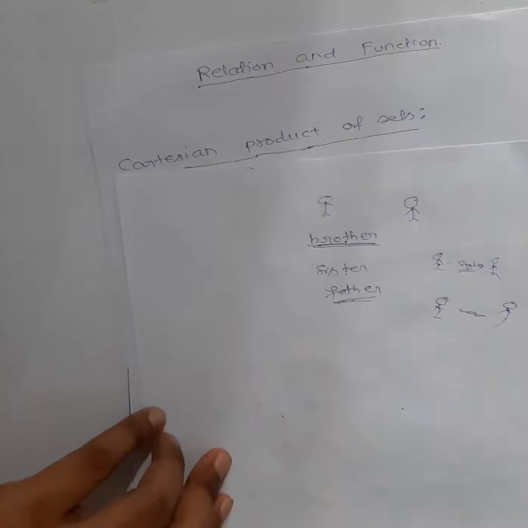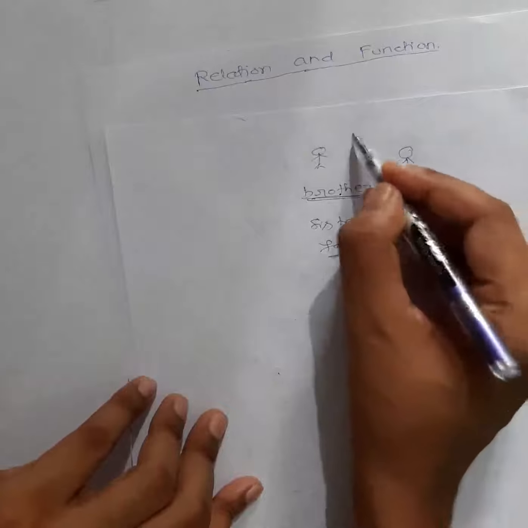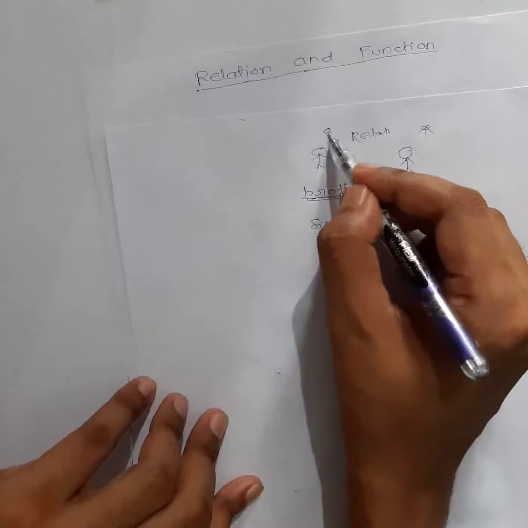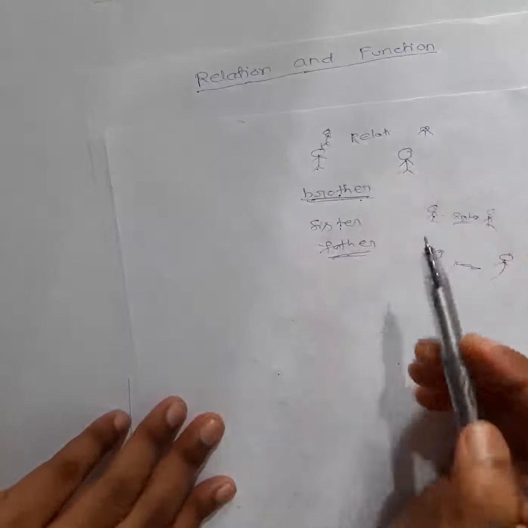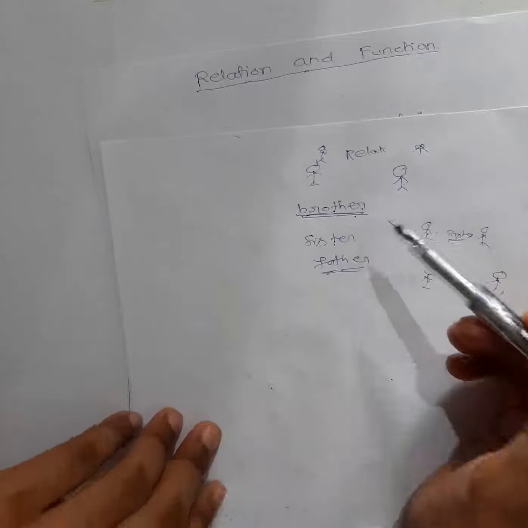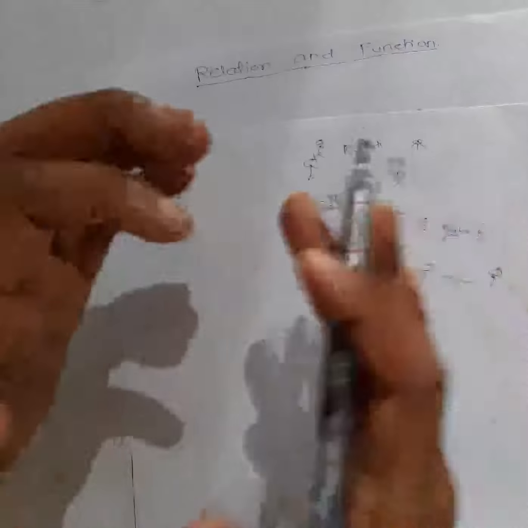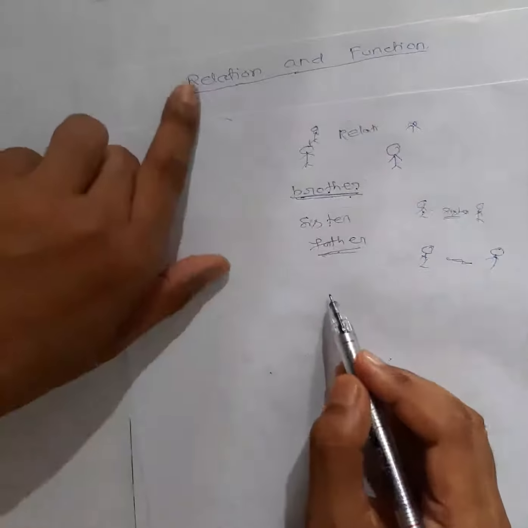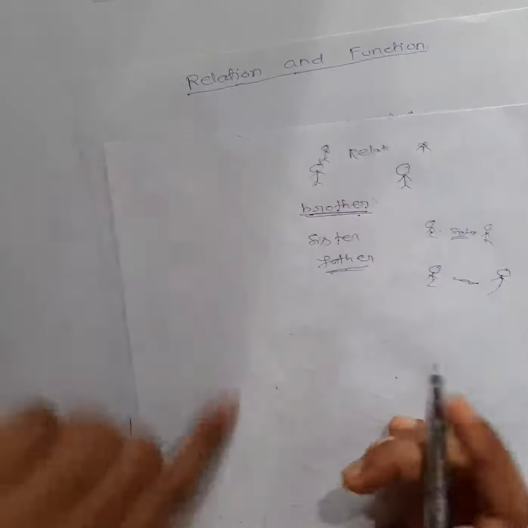So basically what I'm trying to say is whenever there is the word relation, minimum two elements or two objects must be there. Now you might be thinking that whenever we say relation, we always make relation between persons. Those relations only we understand, right? But we will extend the definition. We will discuss any kind of relation here.